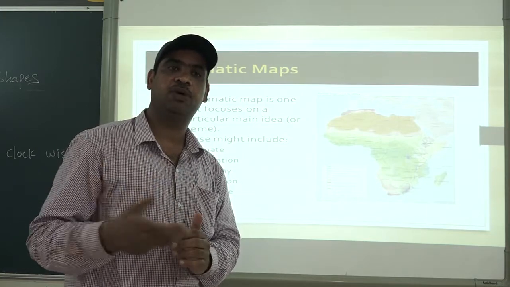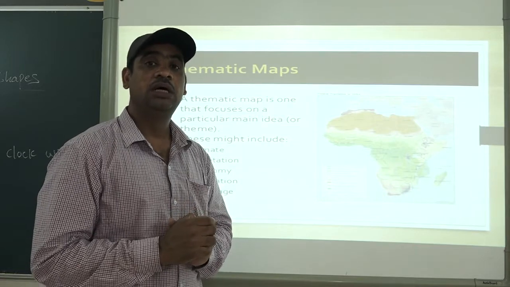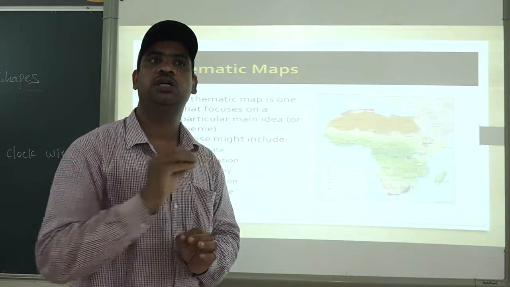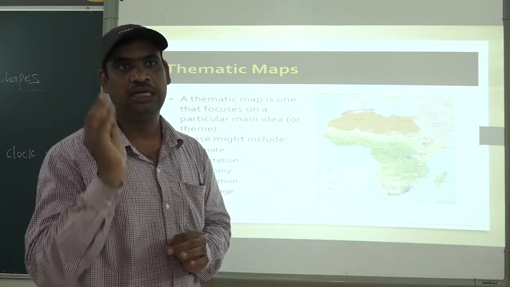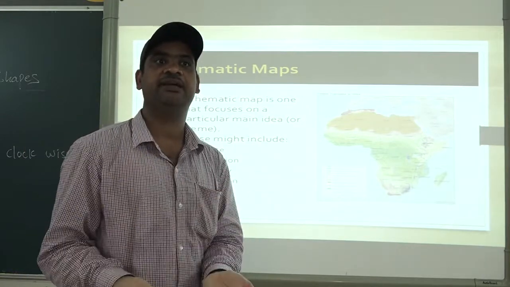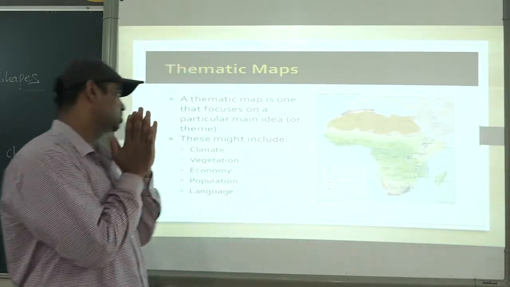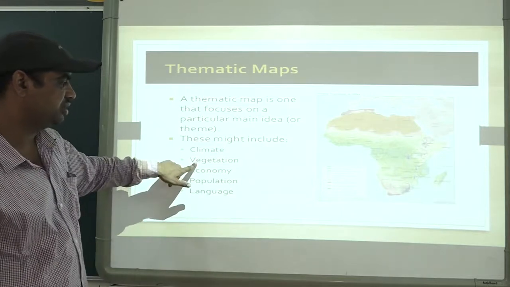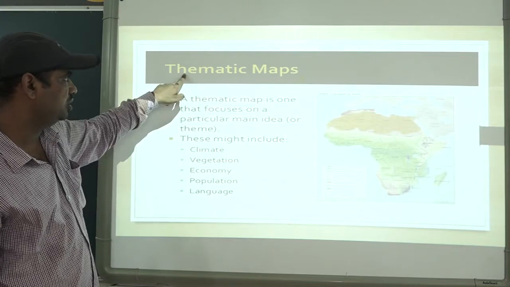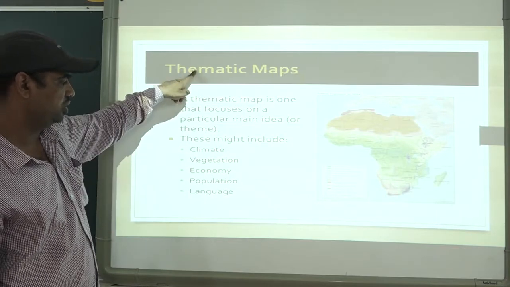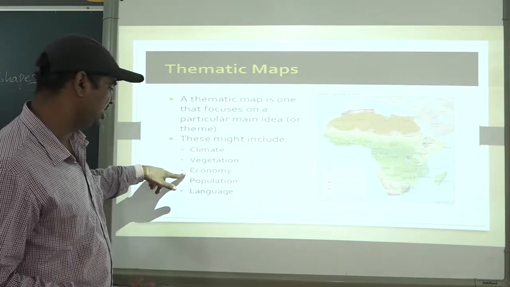It can be, for example, roads, if you want to know the roads of India. On a thematic map, it only shows the roads of India. It will not show other things. It will focus on roads only. Because it is a thematic map, it is based on a particular topic, a particular subtopic. So it can be climate, vegetation. Vegetation means different plants, which plants are in which area. That can be studied on a thematic map. Economy, how the economy is, how the people are getting income, and which people are more in that area.